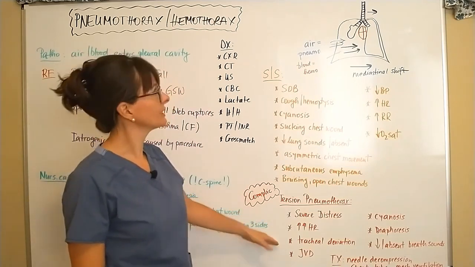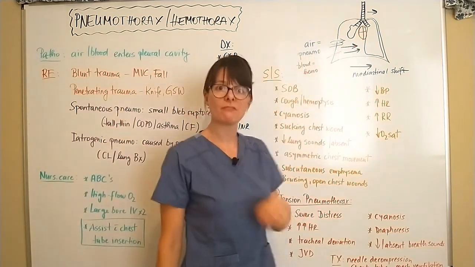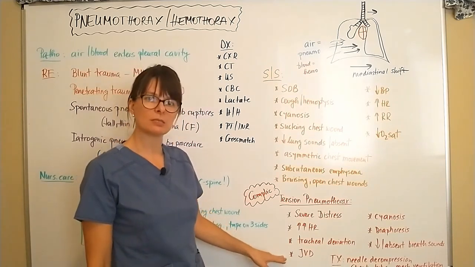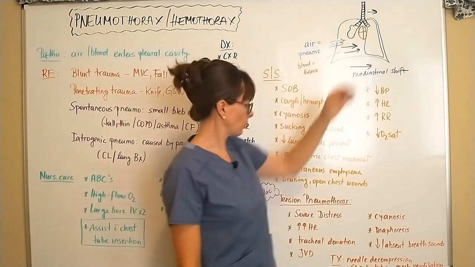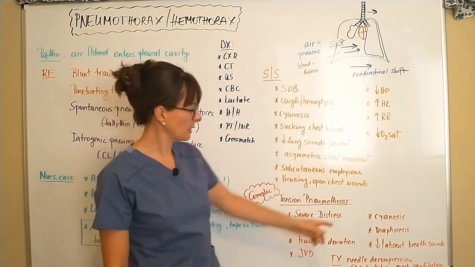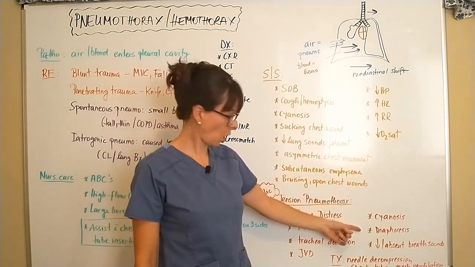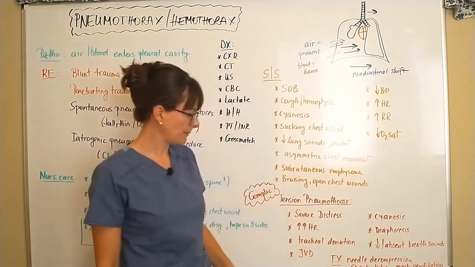They will have tracheal deviation because of this shift. The trachea will move, and that will be visible to you. The patient will also have JVD because these blood vessels are now almost kind of occluded with that shift that occurs, and the blood will be backing up into the jugular veins. The patient will be cyanotic as well as diaphoretic in this shock state, and again diminished or decreased or absent breath